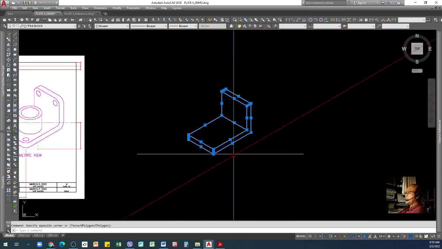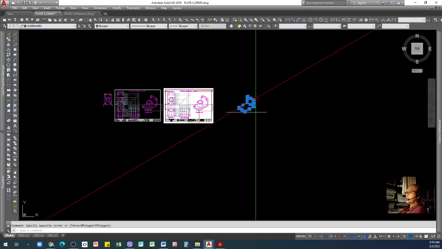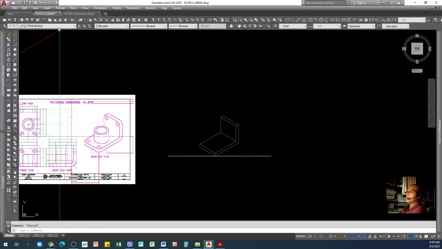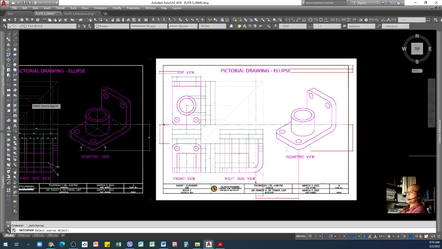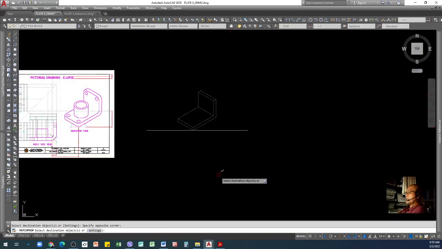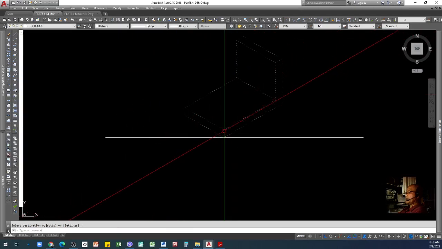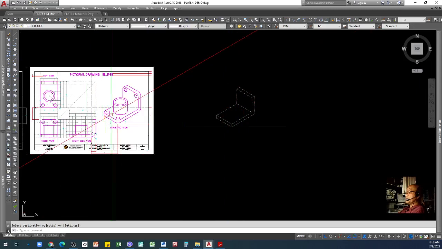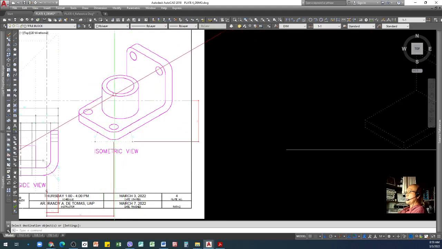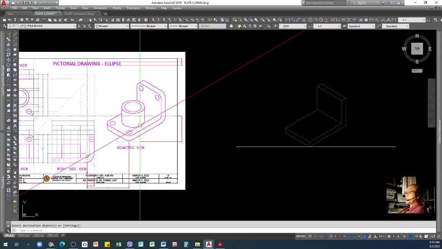So we can use this as our guideline to make it lighter, or rather we can make this similar to the one here that I use, dotted line, so that it will be very easy for you to add on what you needed for your isometric view, or to complete your isometric view.